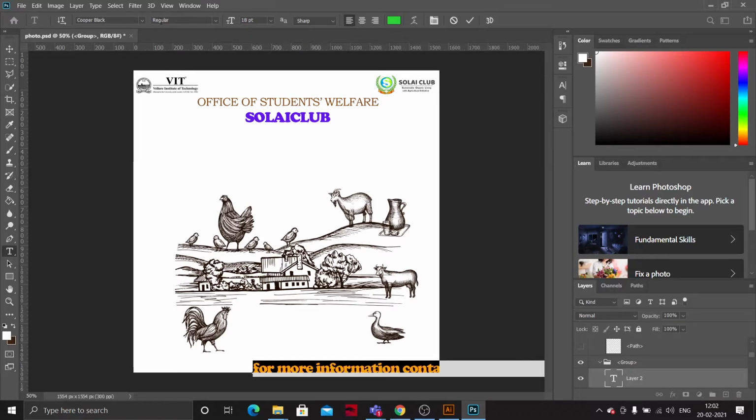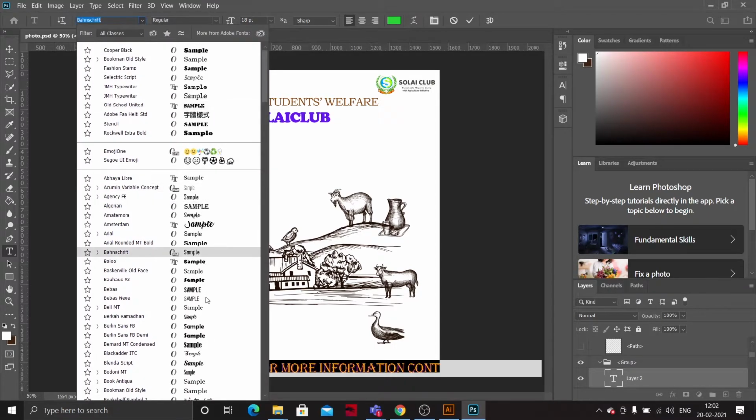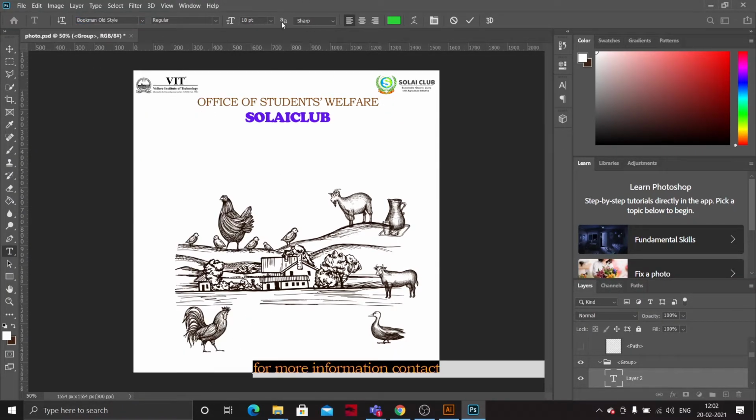Okay, now selecting text font. Okay, we'll minimize it.